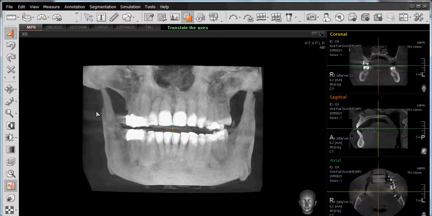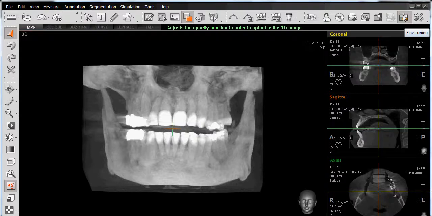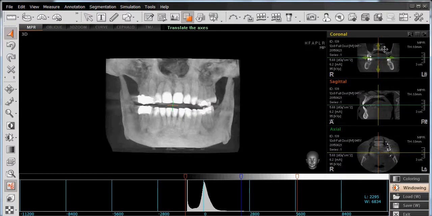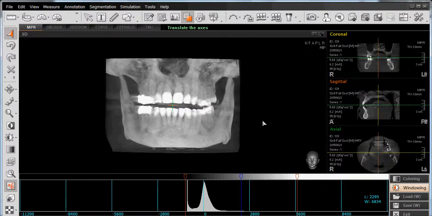We were also able to apply coloring to our virtual rendering, and in this case here, if we wish to remove the air and soft tissue we see here, revealing just the hard tissue, enamel, and so forth, we have a function called windowing, which is also accessible through our fine-tuning icon. Simply left click on fine-tuning and then left click on windowing. This will then open a scale at the bottom of our window, and there are two variables that we can